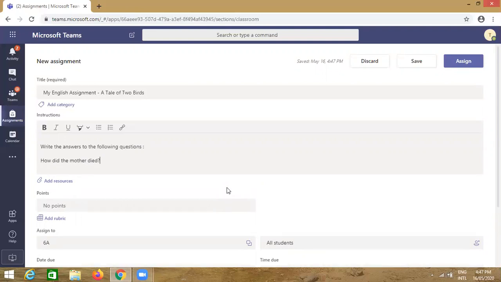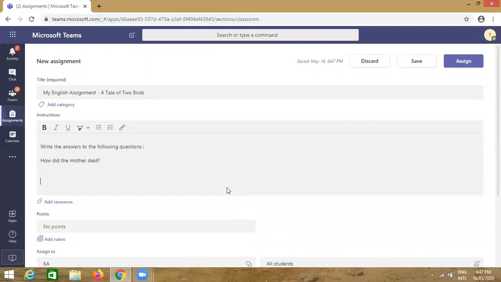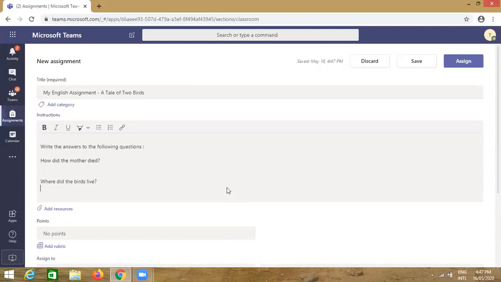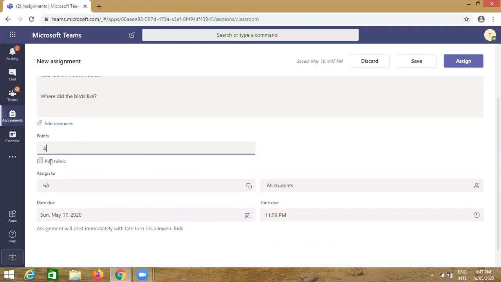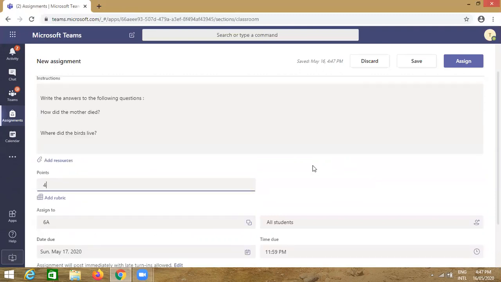So the next question will be, where did the birds live? Like this, these are the two questions we have framed on the chapter A Tale of Two Birds. Here you can write the marks for these two questions, 2 marks for each, so total 4.